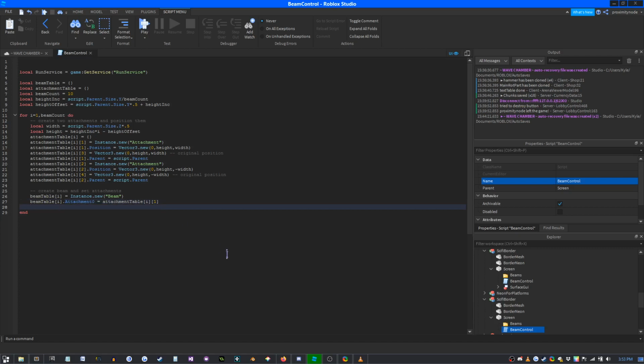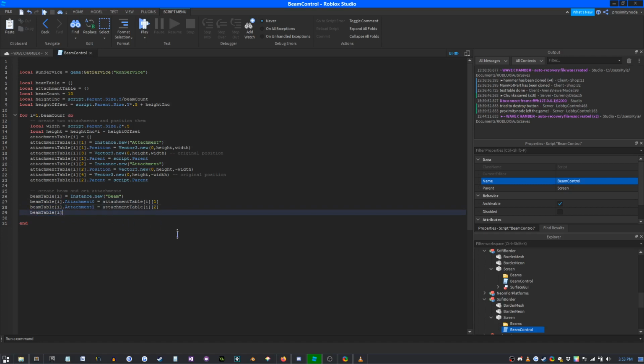So then we'll do the same thing, but we'll change the Attachment1 parameter to be 2. There we go. And then we're going to actually want to be setting